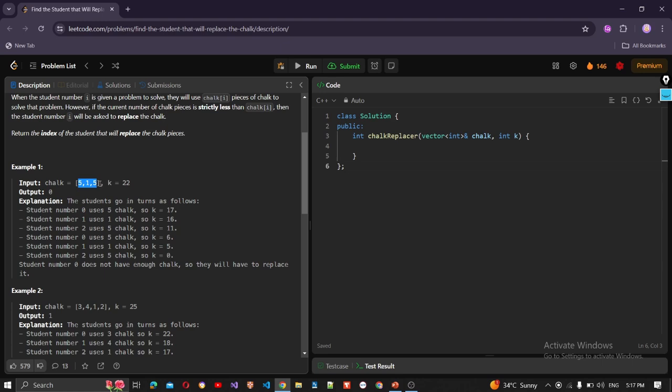And the teacher goes back to the first student and repeats the process. At the end of the second run, we will be left with 0 chalk, and then he goes back to the first student again, and at which point this student will replace the chalk pieces because he needs 5 units of chalk, but there are 0